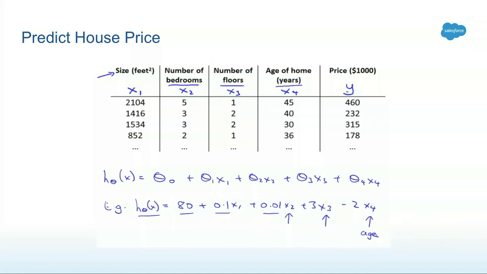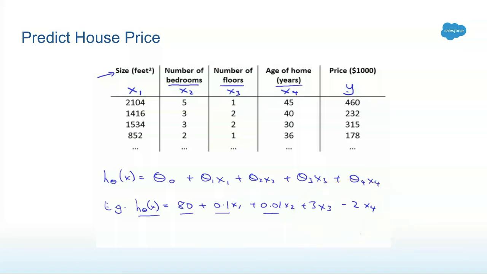Now, a data scientist would fit this into something called a linear regression equation. Don't worry, you don't have to understand anything about how the features and the values got fit into that equation. That's not the point. What I'm trying to highlight here is the coefficients for each of those features. In this example, x3, which is the number of floors of the house, has the highest coefficient of +3, and x4, which is the age of the house, has the lowest of -2. So if I have to explain this model globally to you, I would say the more floors the house has, the more expensive it is, and the older the house is, the cheaper it gets. So that's an example of a global explanation.